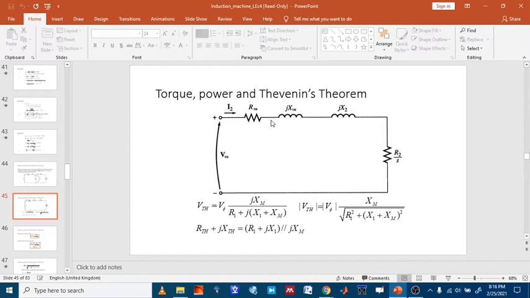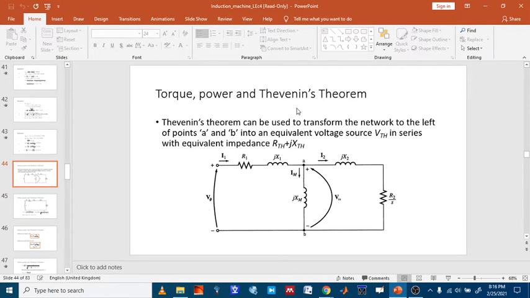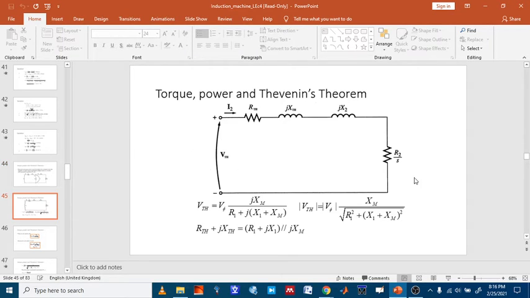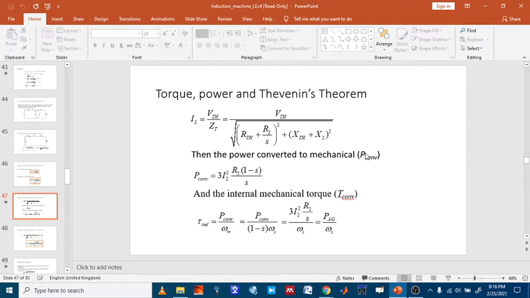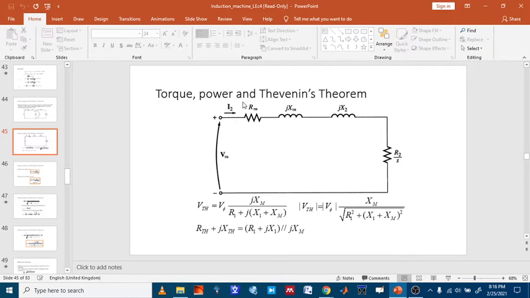You get the Thevenin's equivalent circuit of the induction machine in this form. So this is the Thevenin's representation of the induction machine. RTH plus jXTH, you add the rotor part, R2 over S plus jX2. So how can we calculate I2? According to Kirchhoff's voltage law,